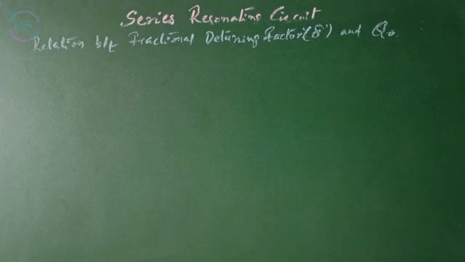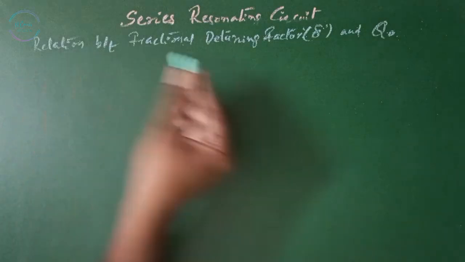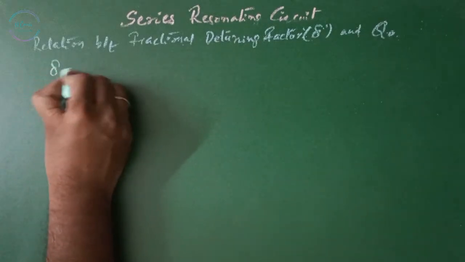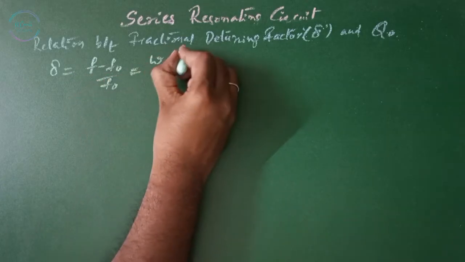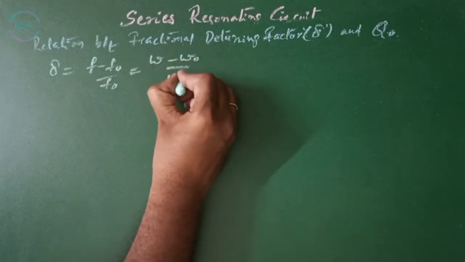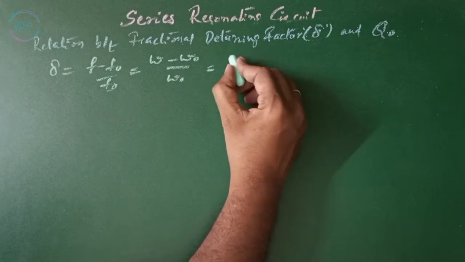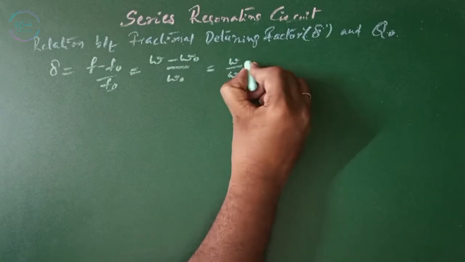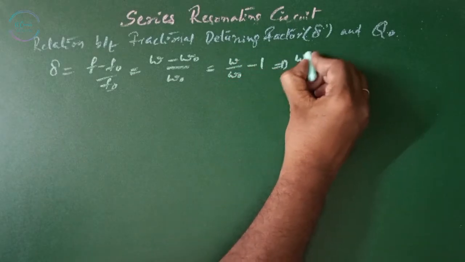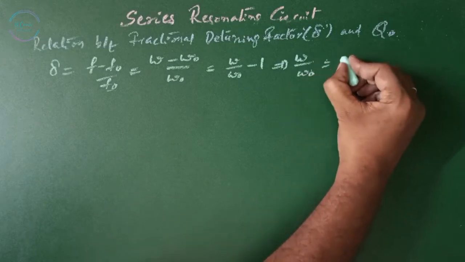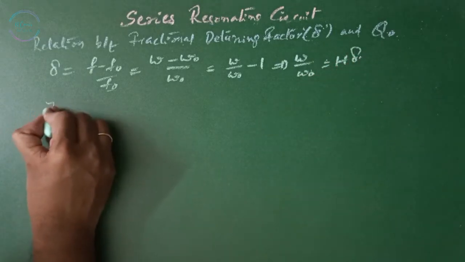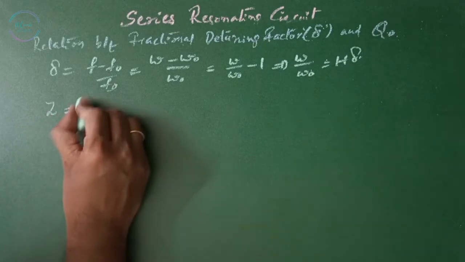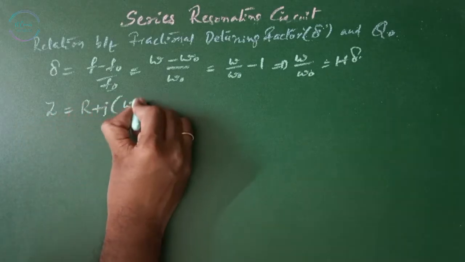Now, the relation between the fractional detuning factor delta and Q naught. The fractional detuning factor delta is given by (F minus F naught) divided by F naught, or (omega minus omega naught) divided by omega naught. If you solve this, you get omega by omega naught minus 1, from which omega by omega naught equals 1 plus delta. Now, we know that impedance Z is given by R plus j omega L minus 1